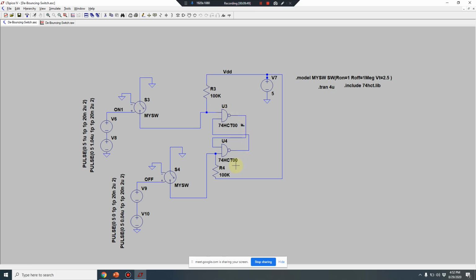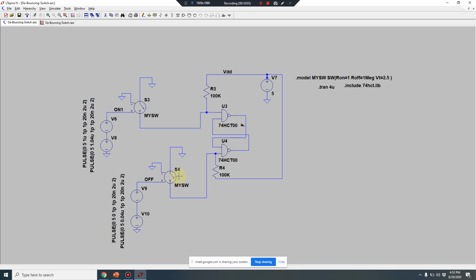This is a latch. It is a stable condition in which one of them will remain 1 and one of them will remain 0, or it can flip. This can become 0. So this is known as a latch, which is two cross-coupled NAND gates.